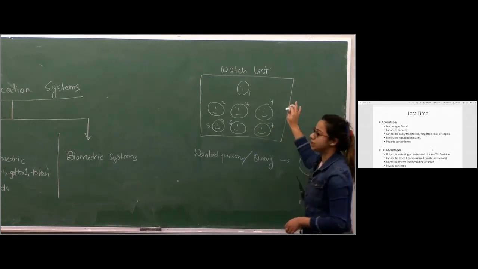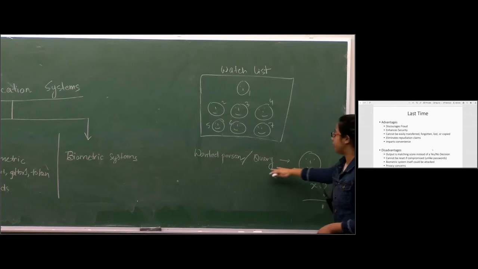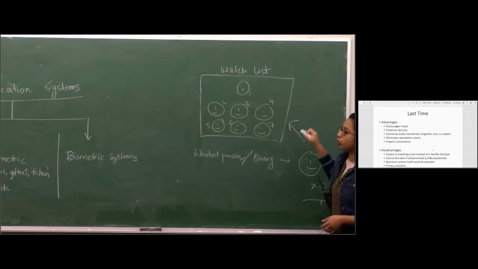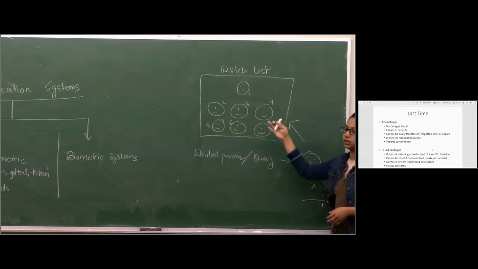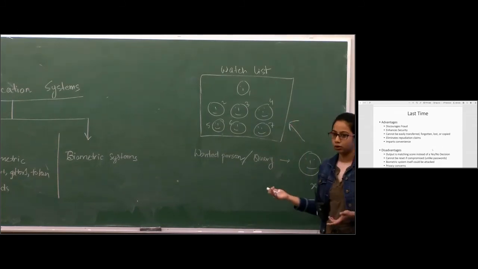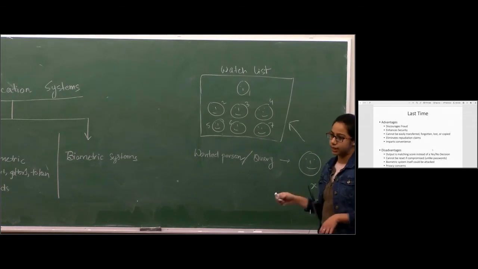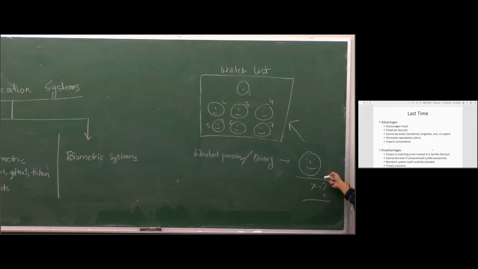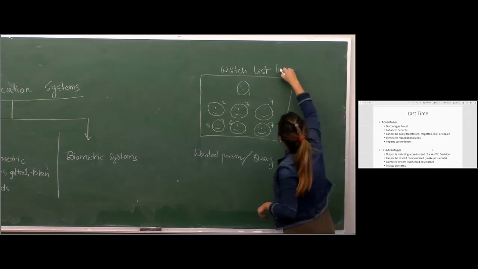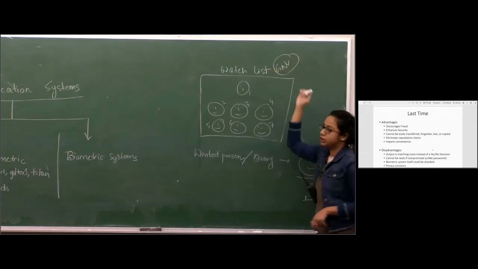Suppose you have a watch list of criminals. Now you have a suspect person, and you don't know whether this person is a criminal or not, or whether he belongs to this watch list or not. Maybe this is a watch list for the Gainesville area, of criminals who have often been caught doing some criminal acts inside Gainesville. Now the police wants to know whether this person is a criminal or not, and also, if he is a criminal, whether he belongs to the Gainesville area's watch list or not.